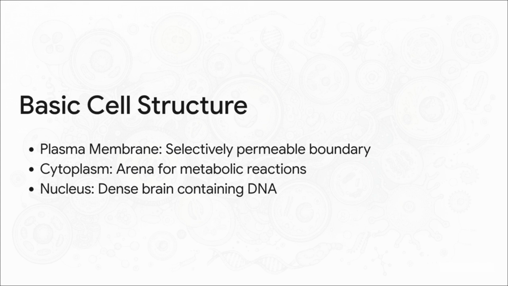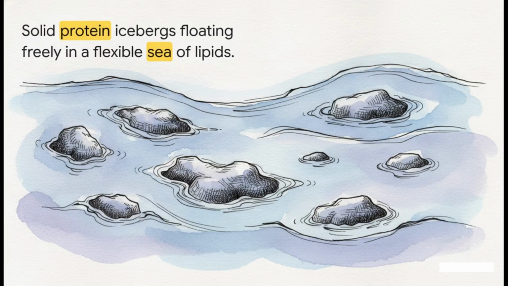This is the main arena for all those metabolic reactions we talked about. It's where organelles live, like mitochondria generating the cell's power, or lysosomes acting as tiny recycling centers to break down waste, all keeping the cell alive. And third, the nucleus. This is the dense brain of the cell, containing your genetic material, organized into chromosomes, basically directing the whole show. For the longest time, scientists were pretty stumped on how this specific outer boundary actually worked,